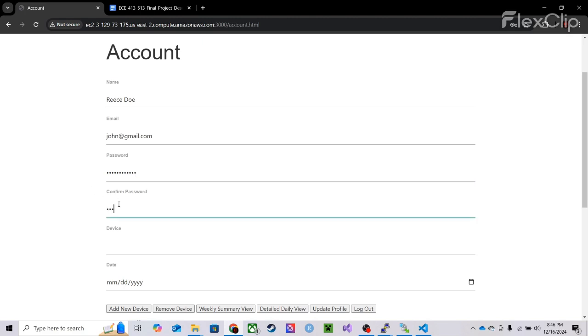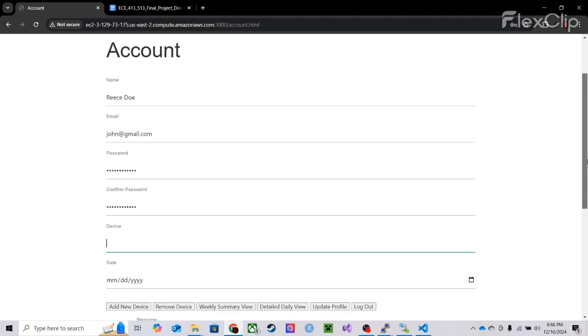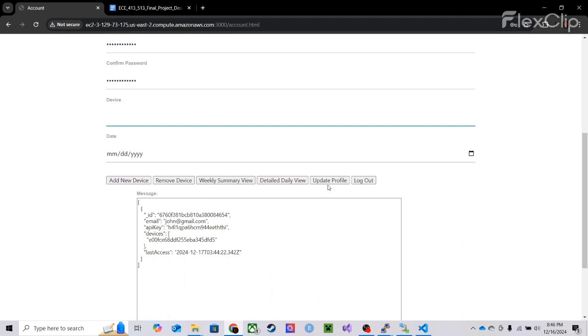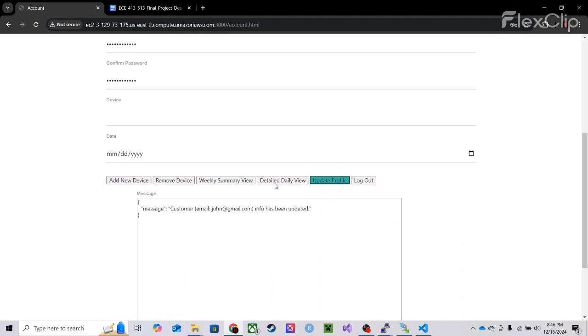So we're going to confirm that. And the device, we're assuming the device is going to stay the same. That isn't necessarily going to have to be updated because you can add or remove it separately. So then we're going to update profile. And info has been updated. So if we reload, it'll now show